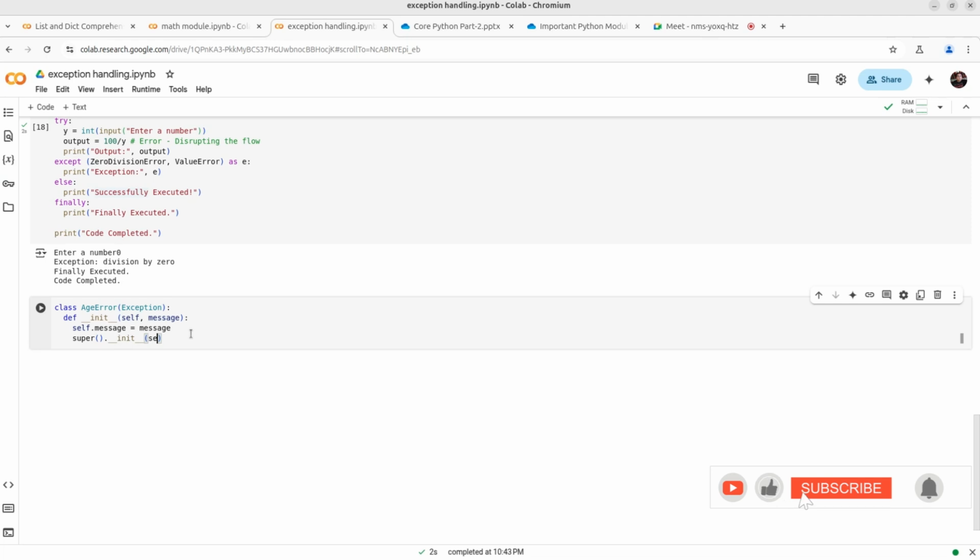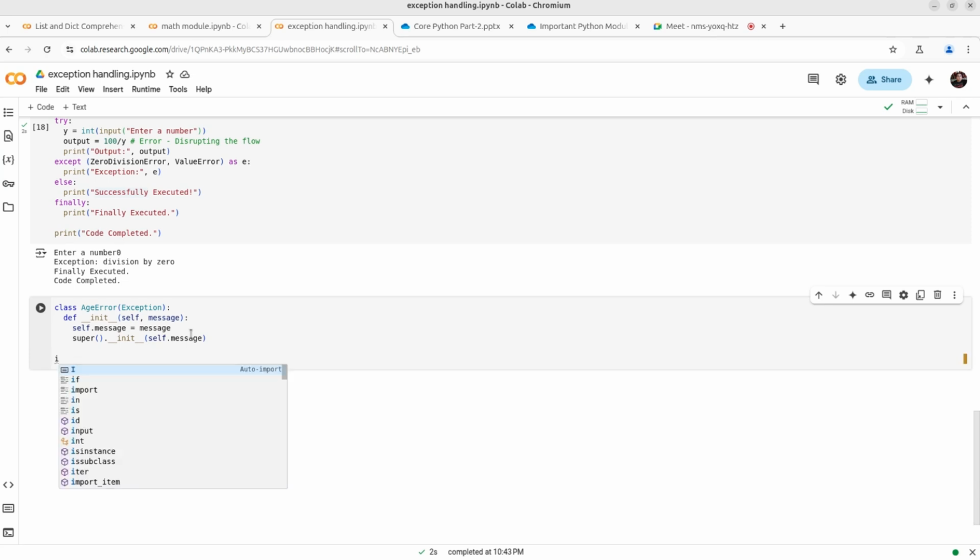Then I will call self.message, pass this message. Okay, then I will create my function, def check_age. Or if you don't want to use this function, no problem, you can also do this without a function. What you can do is you can just check. You can take input age, input enter age. If you take input age, I will convert this into int,